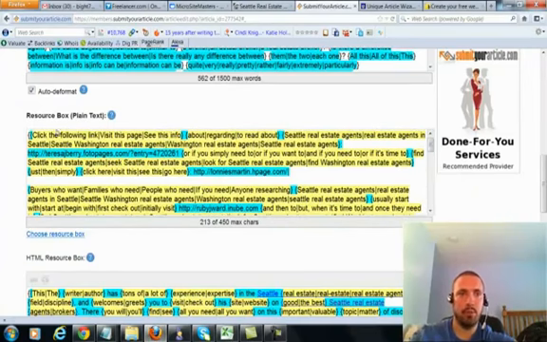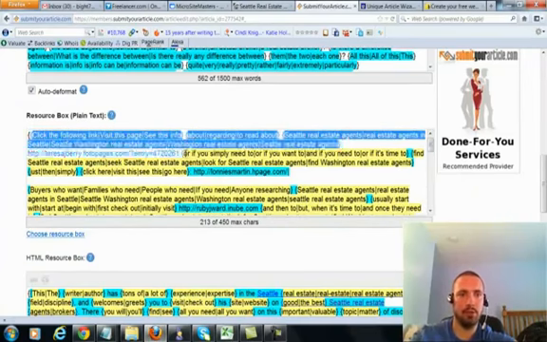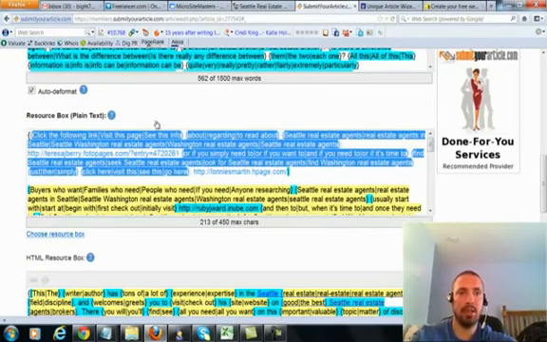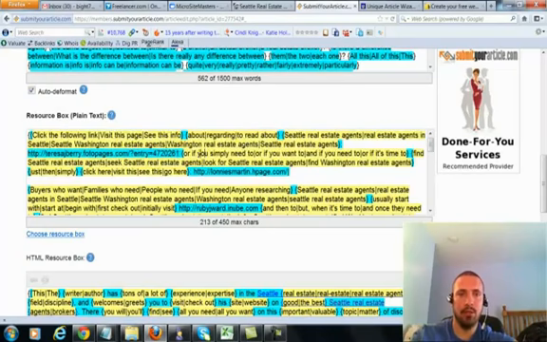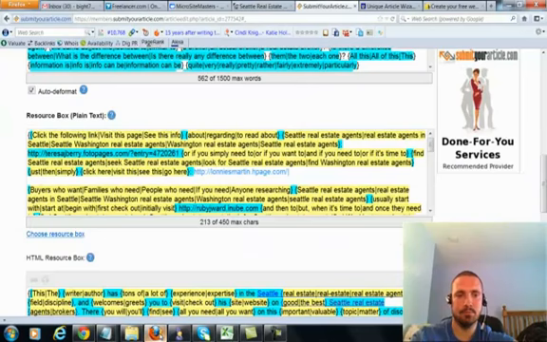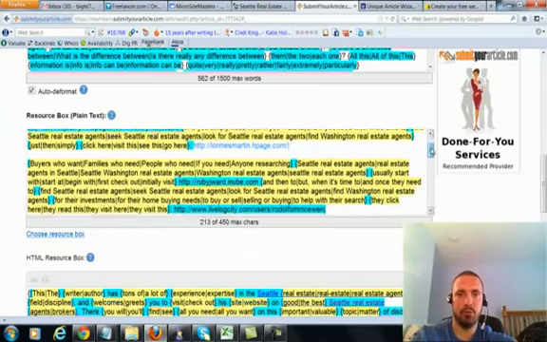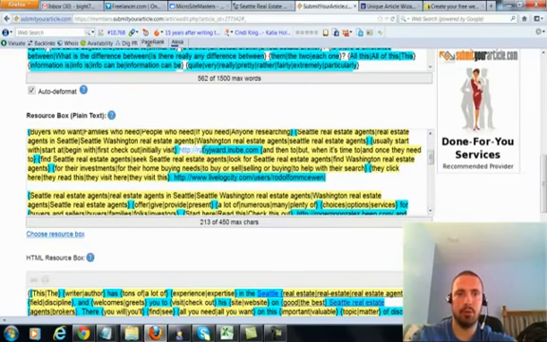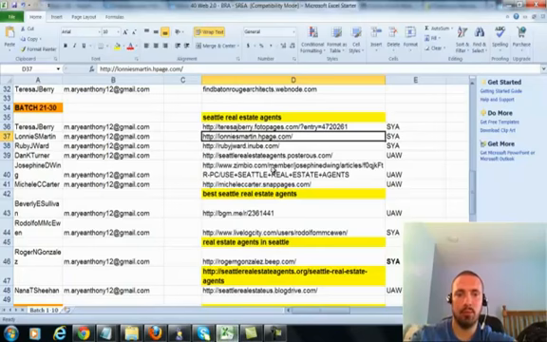Alright, so let's go to this resource box. I have my first resource box right here, and this is my plain text resource box, remember. Here's my first Web 2.0 property, and here's my second one. You'll see I just copied them right out of here. That's this one here and this one here. My next one, Web 2.0 property 3, and Web 2.0 property number 4. That'll be this one, and my next one for SYA right here.